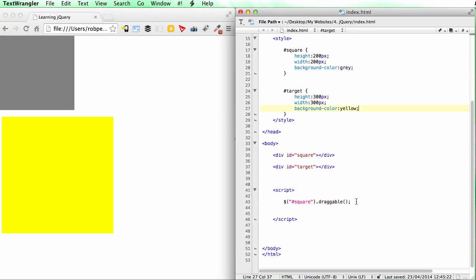So how does this work? Well, we first of all have to get our target div. So we just select it in the usual way. And now we want to make it droppable. Fantastic. Now, it's not quite as simple as just making it droppable though, because we have to give various options